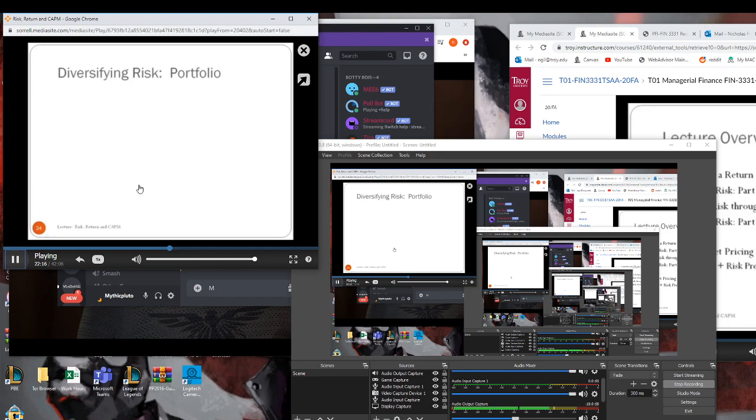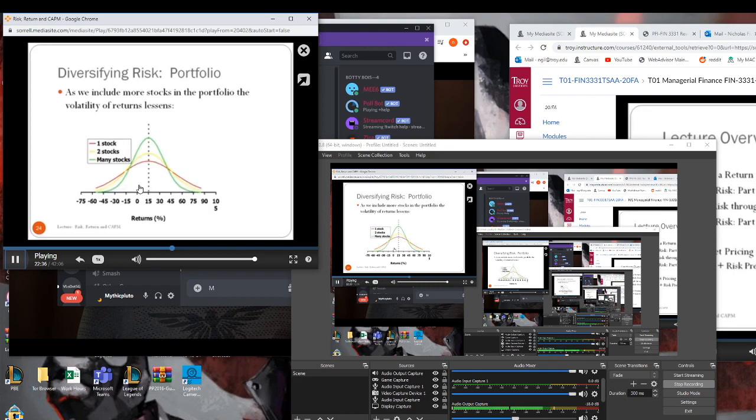All right, I just want to show one more graph that helps communicate what's going on here with the benefit of portfolio diversification and reducing risks. So as we include more stocks in the portfolio, the volatility of the returns lessens, right? We are reducing risk. This is similar to the earlier graph that we had seen, except in that earlier one, we had two different stocks. In this case, we have portfolios with different numbers of stocks. And you can see that as we add more stocks to our portfolio,